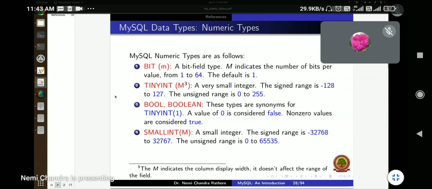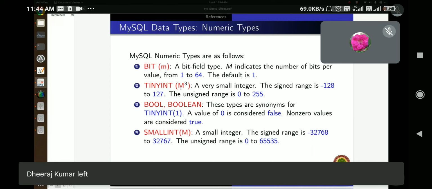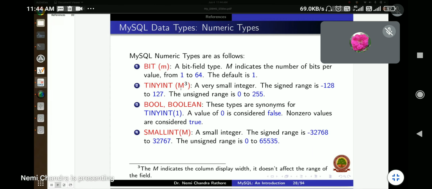Now let's come to the next data type that you can use, which is tiny int. So tiny int is a data type that can help you to create